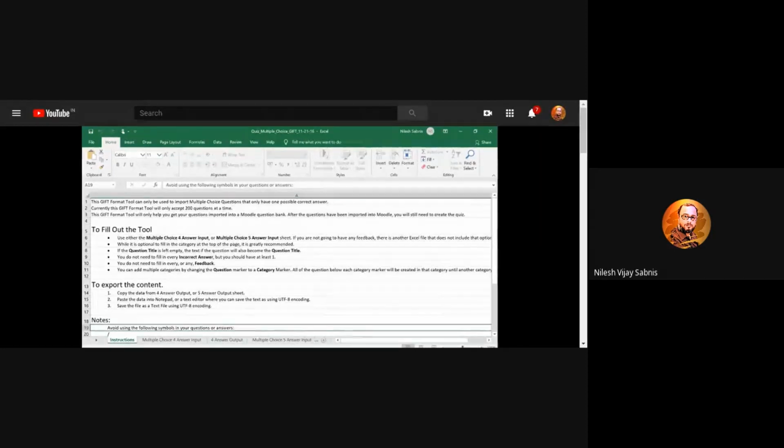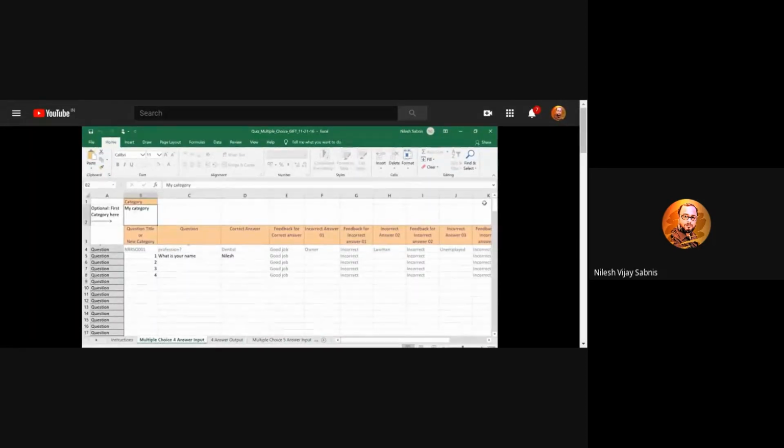So what I am telling here is, if we have multiple choice questions which have 4 choices or 5 choices, then we can use a Google sheet or Excel sheet to upload them directly on the Moodle. For that, we have one Excel format which I will share with you. In it, there are 4 to 5 tabs where you have to read the concepts clearly. Then we will move to the next tab where we actually have to work.